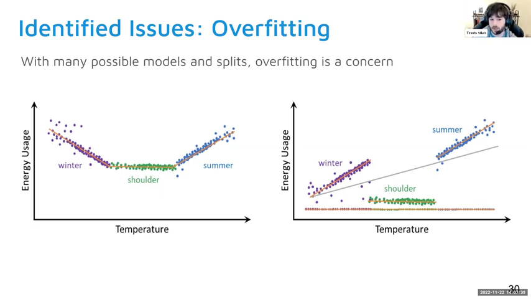We could fit an individual model for all of these separate splits, but that would definitely go more on the range of we're beginning to overfit. Now on this right plot, it's an example of the combination of the two plots that I just showed, where this is showing some sort of seasonal change in behavior as well as a weekday weekend change in behavior. And the thing is, we have to make a model that can basically do the left-hand side and the right-hand side at the same time.